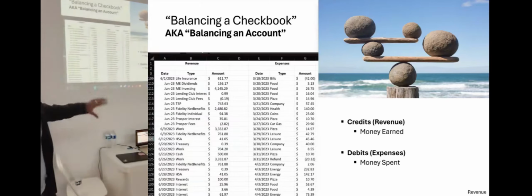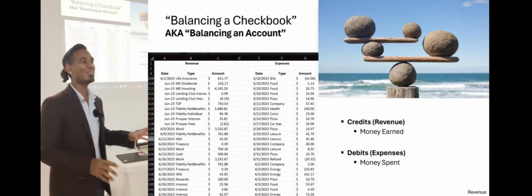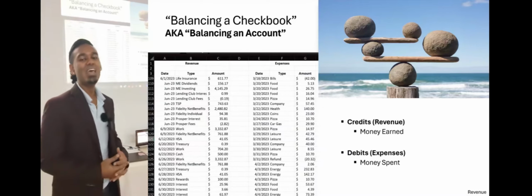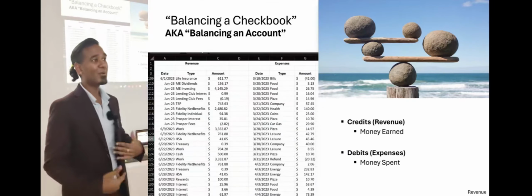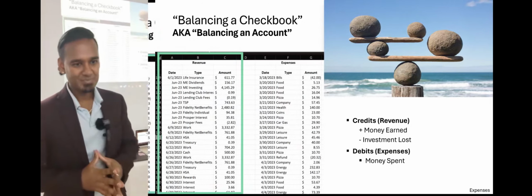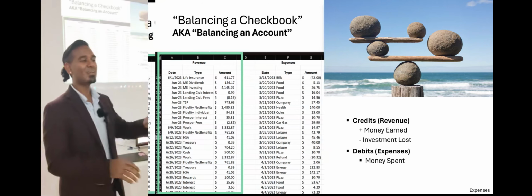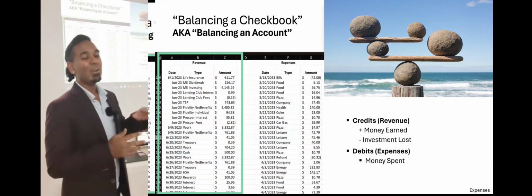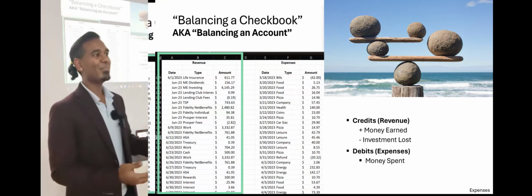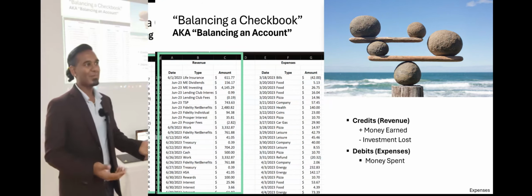At the highest level, there are two things that I track, revenue and expenses. I'm capturing revenue as credits, so any money coming into you is revenue. Any money that you're spending, or going out of you, is an expense or a debit. With revenue specifically, there are two aspects to it, and there's positive and negative on both sides. Even though money coming in is supposed to be added value, what I consider added value is two things. Money actually earned, so if you work for a company and get a paycheck, that's money coming in. And investments that you get interest or anything from, that's money coming in.